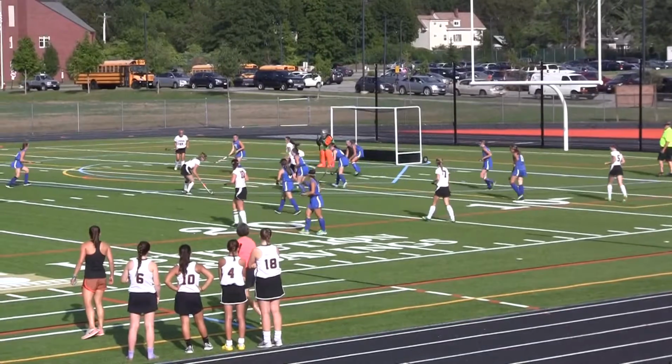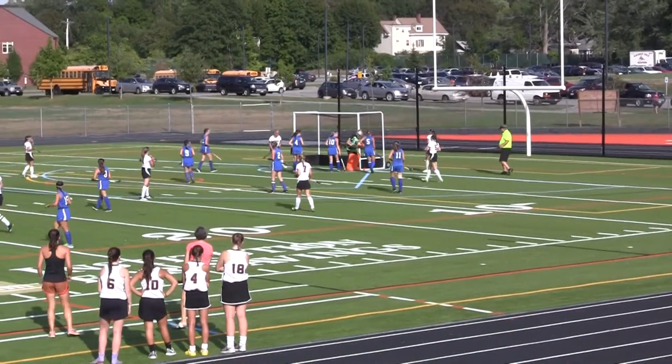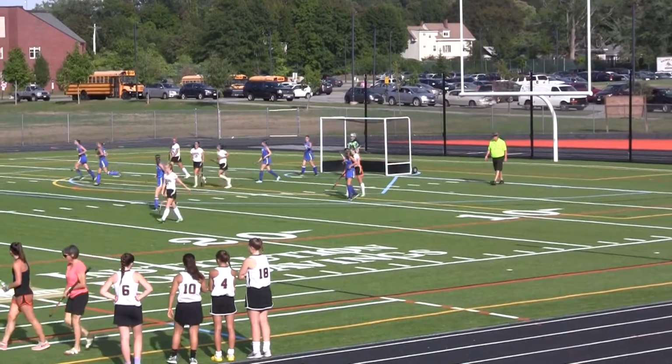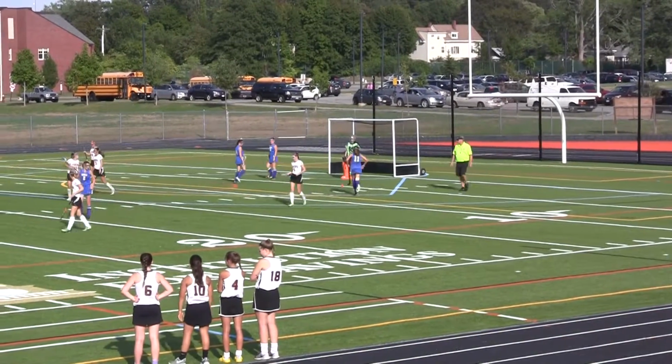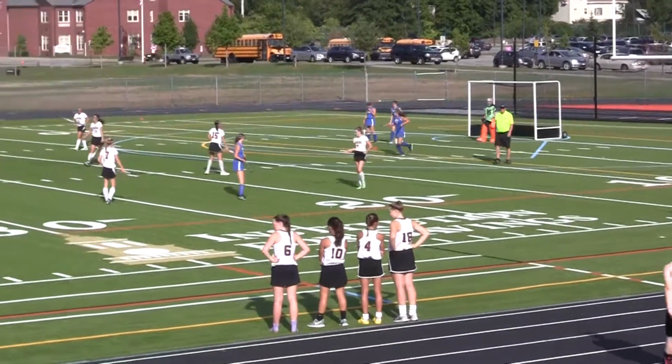Chloe reverses, gets it into Izzy. Charlotte throws it towards the goal. Izzy tries to get it towards goal, hit the goalie. So Georgetown's gonna